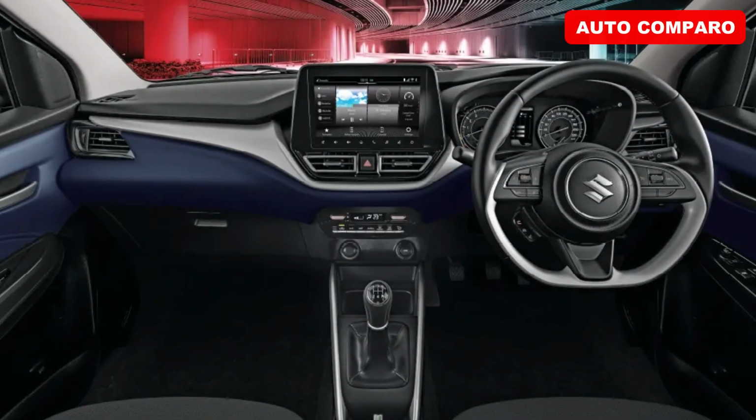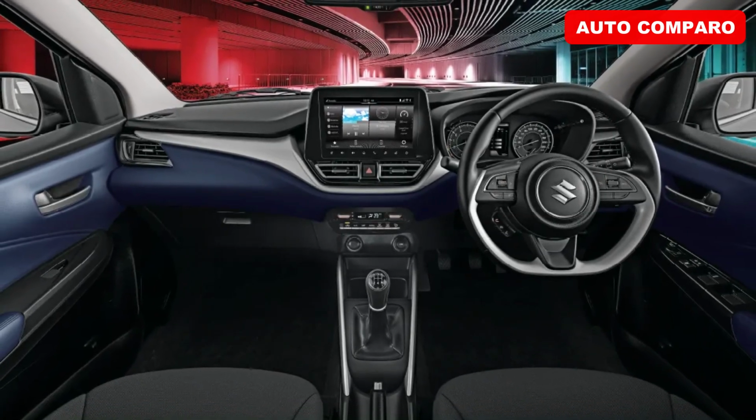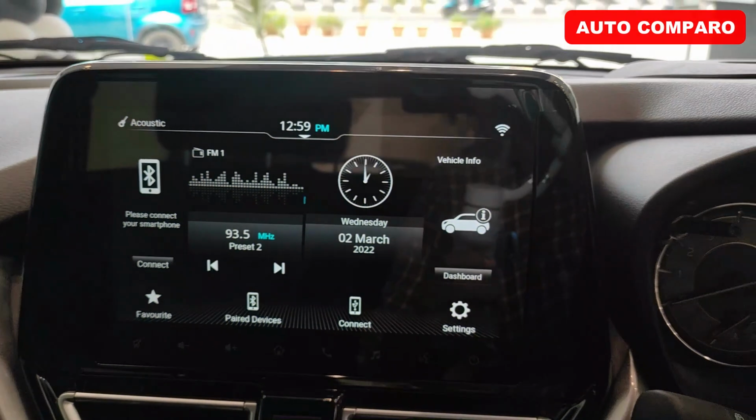The triple layer dashboard gets a dark blue based color theme, which also reflects on the side door pads and even in the upholstery. The silver finish running across the dashboard also holds a freestanding infotainment unit. The 9-inch touchscreen is now powered by SmartPlay Pro Studio with lots of connected car features. The overall touch response, the new user interface and the daylight visibility is a massive upgrade compared to its previous